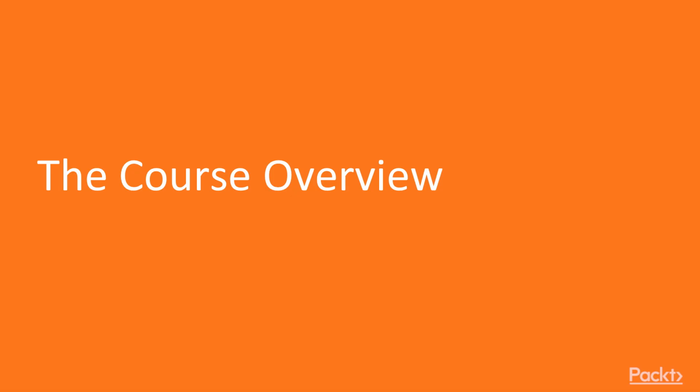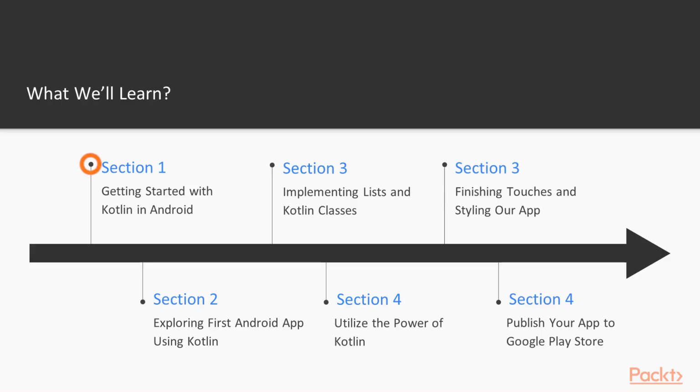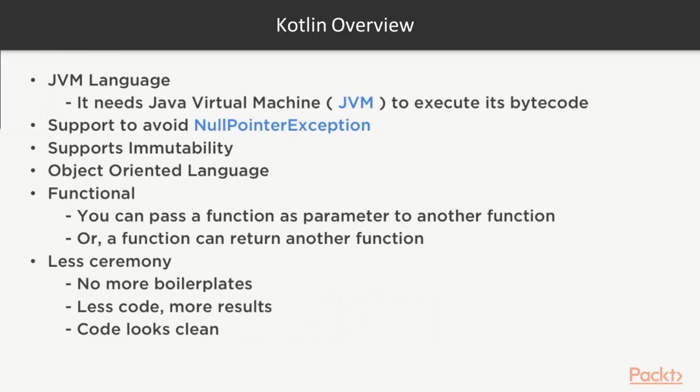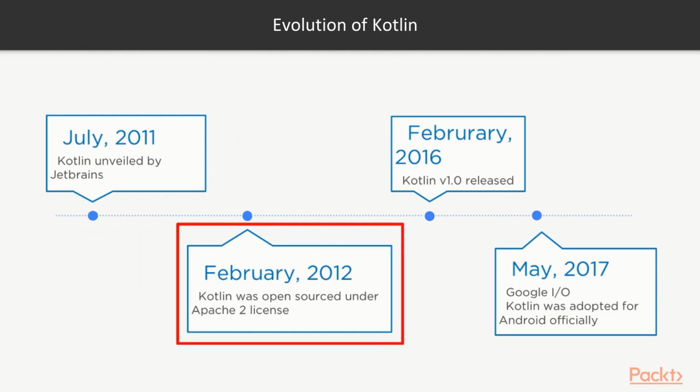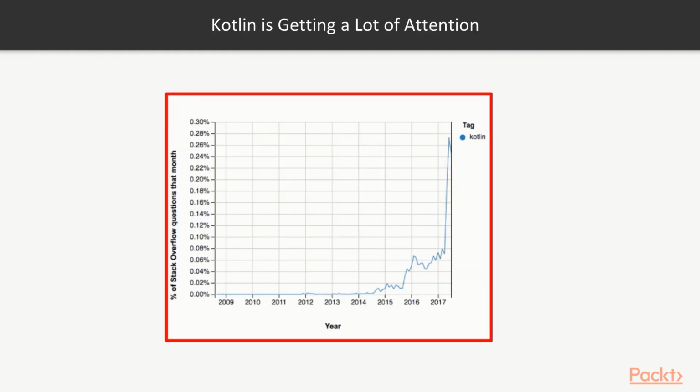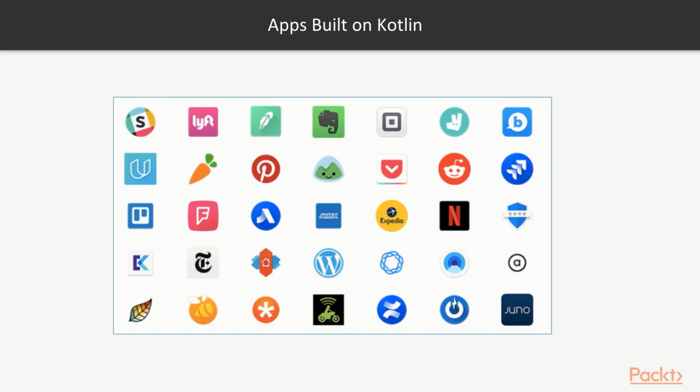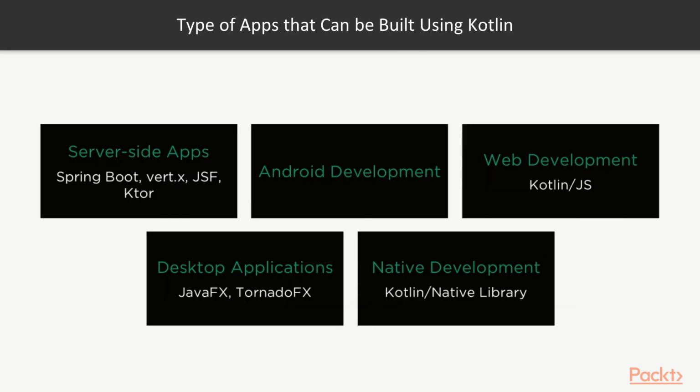So what are the topics that we will together explore in this course? We will start our course with the Getting Started section. In this section, we will get a brief introduction to Kotlin, its importance, how powerful Kotlin is, and what kind of applications you can build using the Kotlin language. Along with this, we will check out how efficient Kotlin is in terms of Android application development.